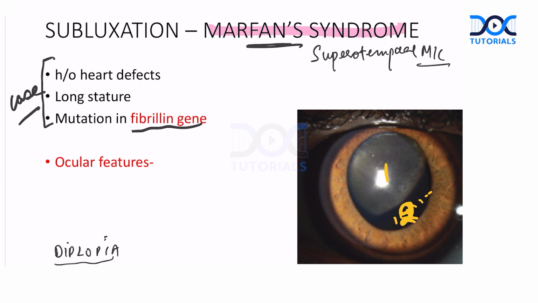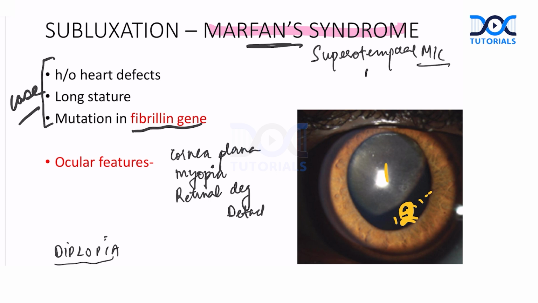Okay. Now, what are the other ocular features? We can have a case-based question here. Very, very important. The most common feature is subluxation. The second one is cornea plana. You have a large cornea, but it is a flat cornea. Similarly, you have a myopic eye, the refractive error, long eyeball, myopia, and a subluxation of the lens with myopia. There are chances of retinal degenerations and retinal detachments also. The patient may have poor vision and poor pupillary dilatation also. So these are the other ocular findings which make it a very, very, very important expected question.